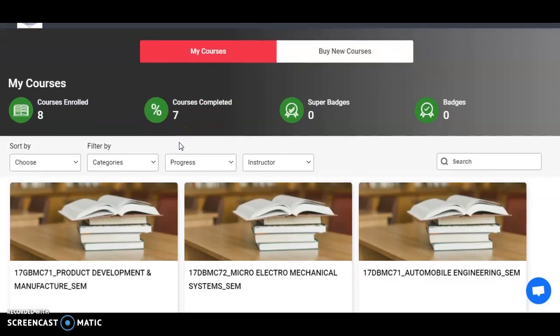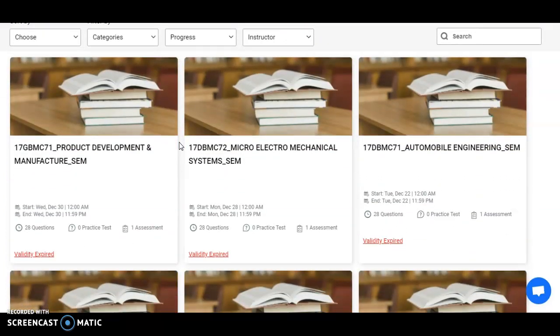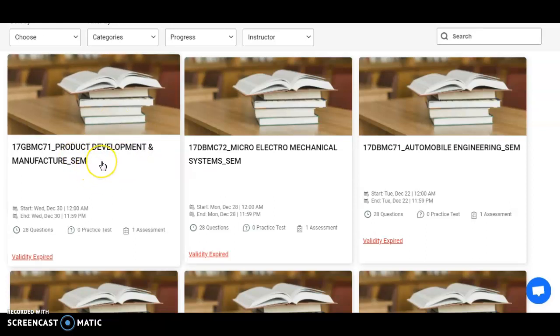Okay, then if you scroll down, the subject details are available. Suppose I am going to appear for the subject with the subject code 17GPMC71, Product Development and Manufacture.